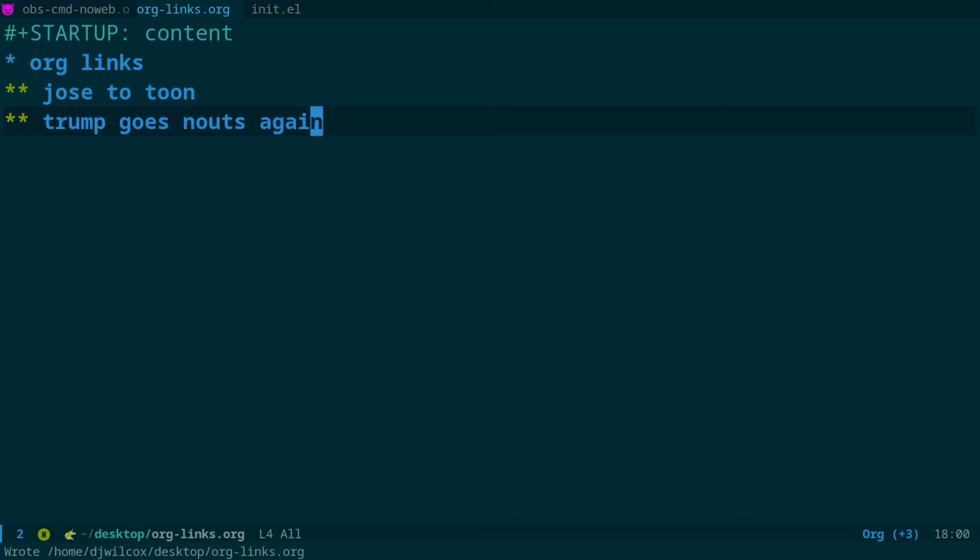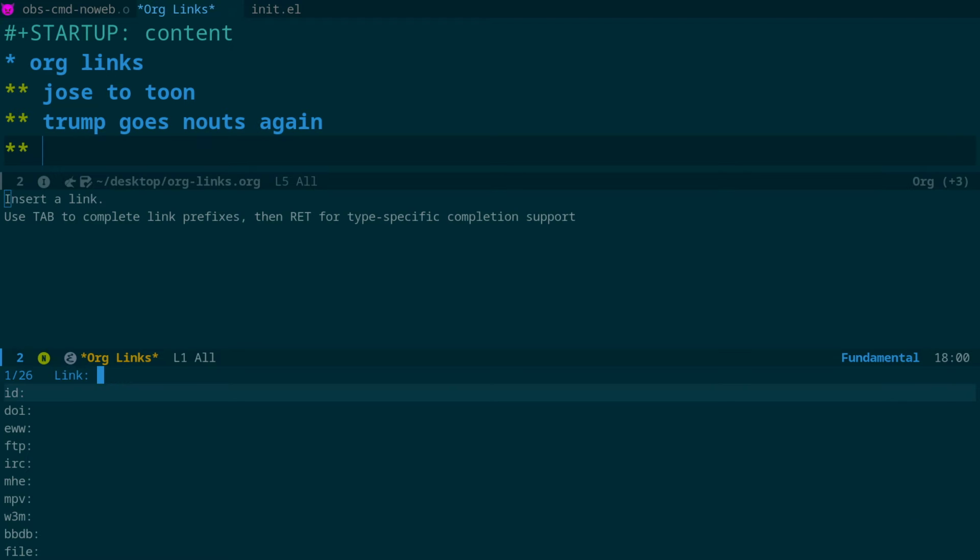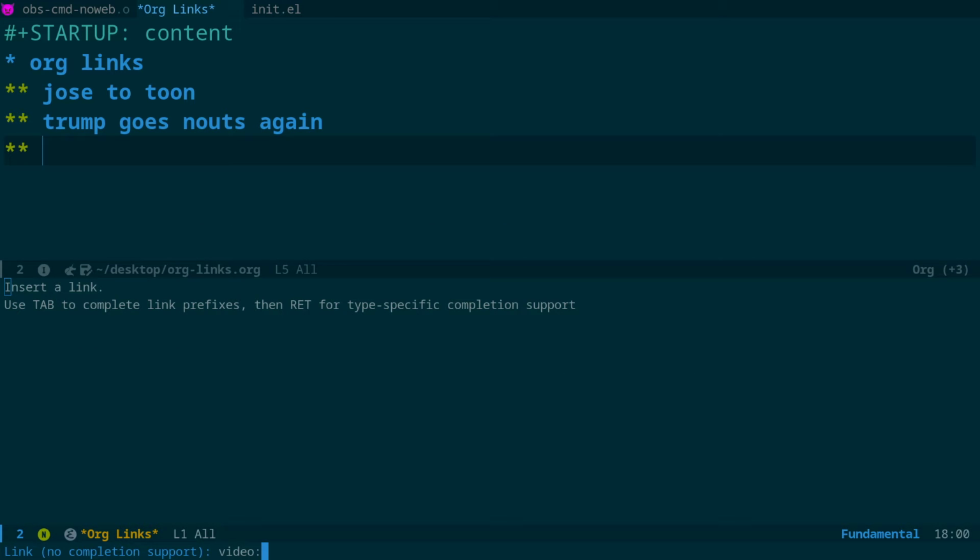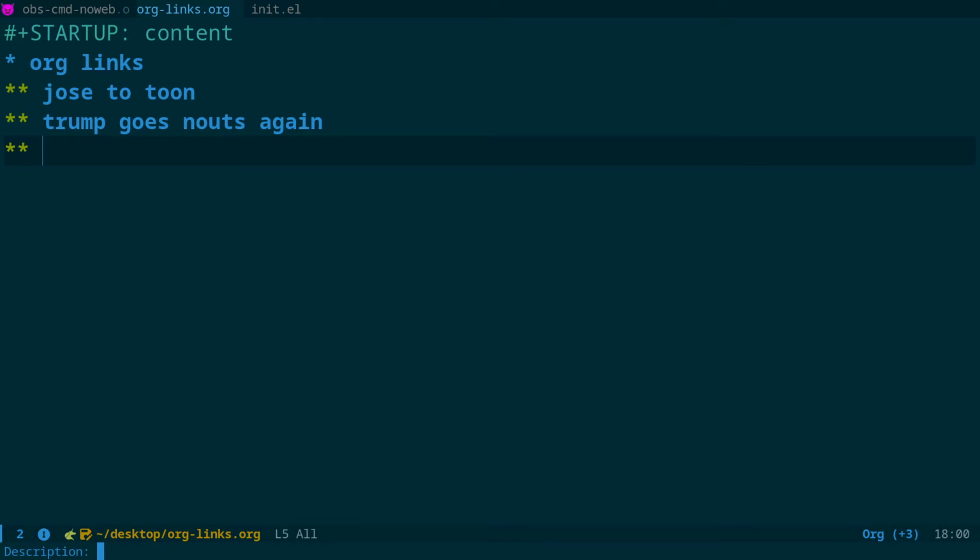that's actually another term for nuts, not just a misspelling. You can see it's automatically inserted the link for us. So rather than manually typing it out, we create a new headline here, insert mode, Control-C, Control-L, video, press return, Control-Y to yank the contents of the clipboard, which is the URL, and Trump goes nuts. Press return, and you can see it has